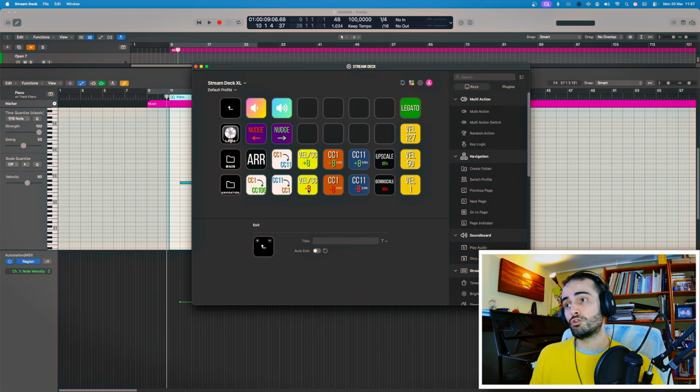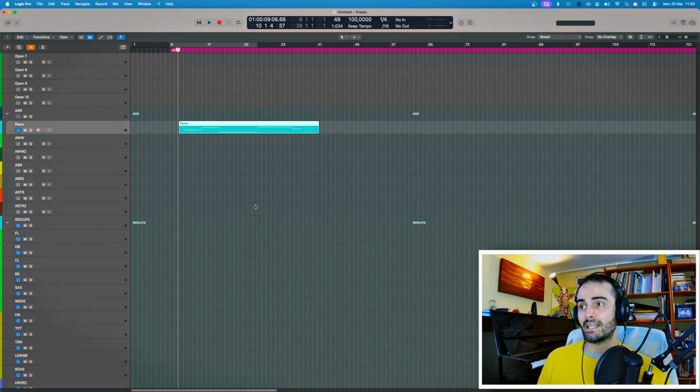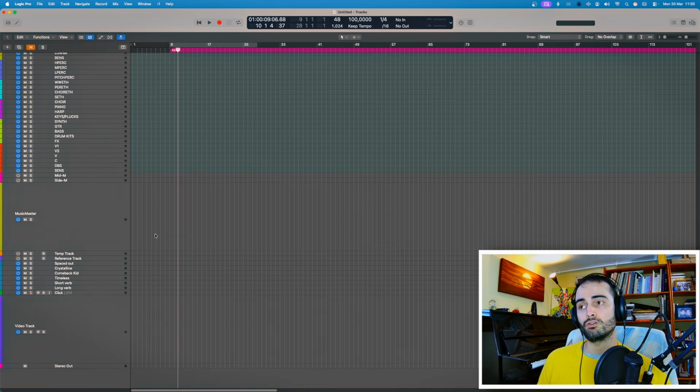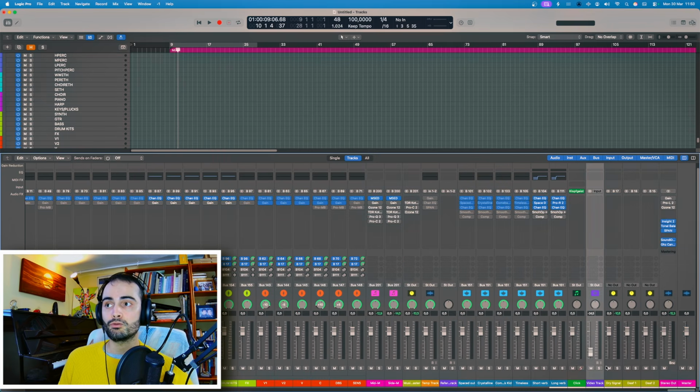Now let's move on to the next layer, which is in the navigation folder. First, let's take a look at these 4 buttons which control the video, the film that I import into Logic. In my sessions, when I import a film into Logic, I place the audio for that video on this track called Video Track. And as you may have guessed, these 4 buttons control that track. So at the click of a button, literally, I can either solo, unsolo, mute, unmute, and control the volume for